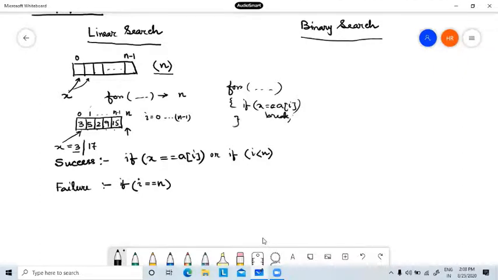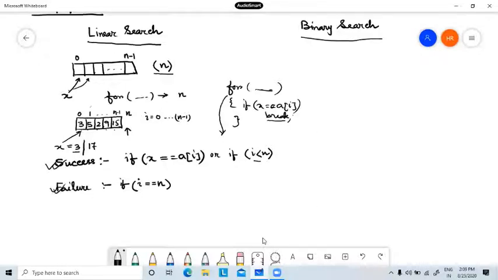Since I am using this break, I am guaranteed that if the element is found, definitely i must be less than n. But if the element is not found, then due to the for loop condition not being satisfied, my control will come out of the for loop. So this is my success story and this is my failure story.